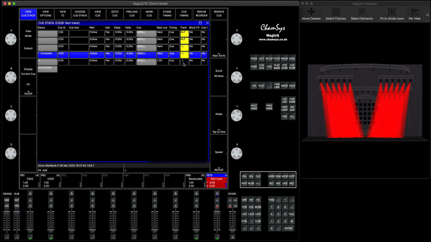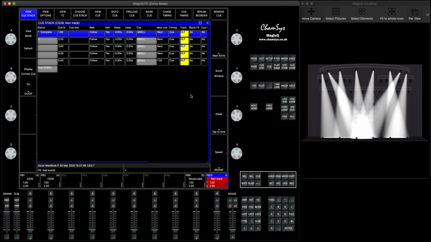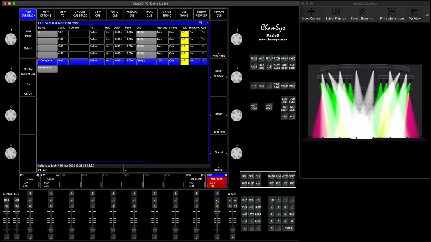So if I select HLF again, my bad, I will restart it. This is what I've created in a Magic Cue in normal mode when it was recording as normal. So I have the first cue, second cue, third cue, fourth cue, and fifth cue. So what's the difference? You can see